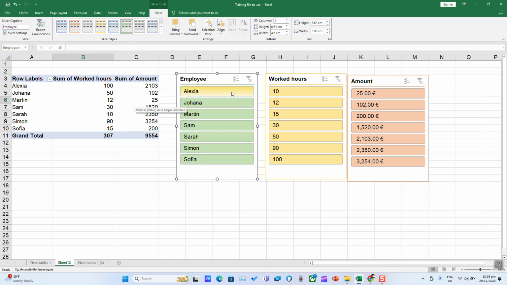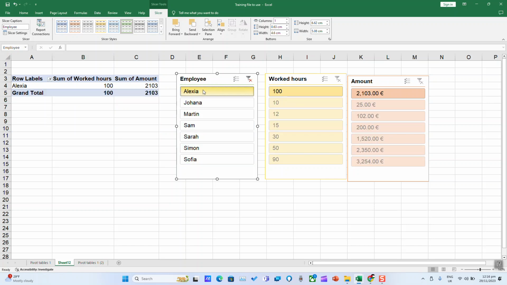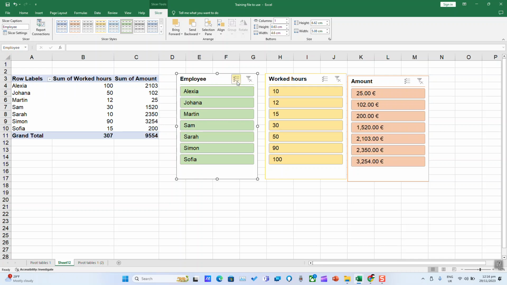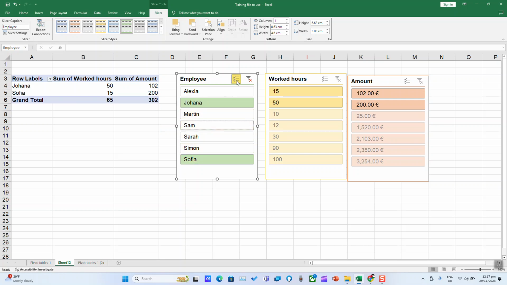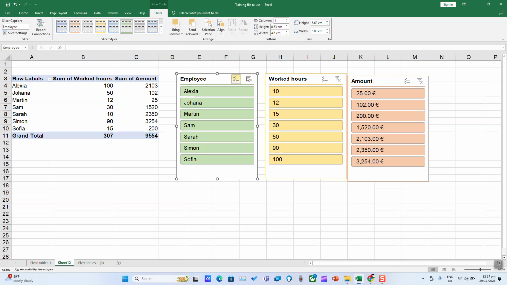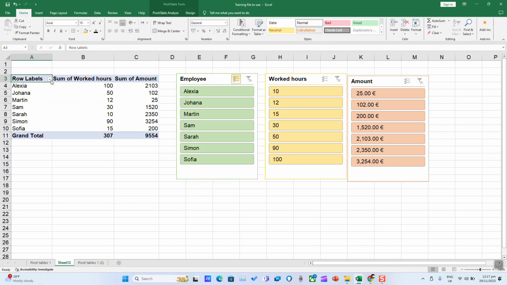The next step, you can start filtering by selecting one or more items and click to clear filter. And you can click on multi-selection at the top and start selecting multiple items. Again, clear the filter. If you would like to filter within the table itself, click on the cell which contains